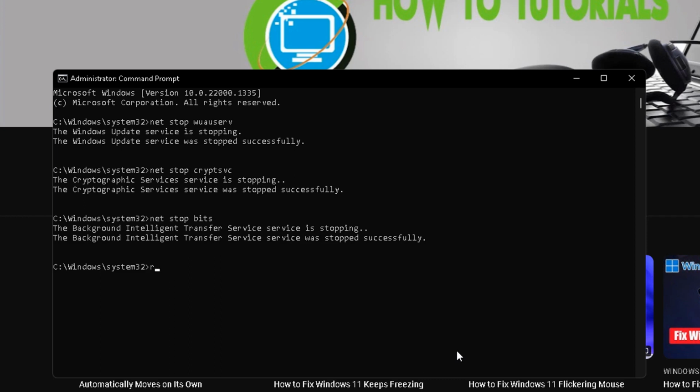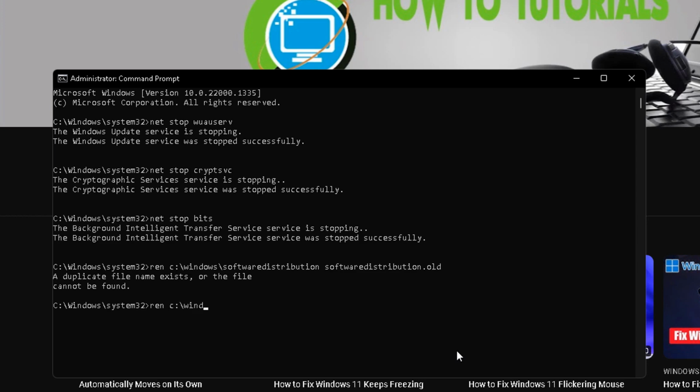After that, type the command ren space C colon backslash Windows backslash SoftwareDistribution space SoftwareDistribution.old and press enter. After that, type the command ren space C colon backslash Windows backslash System32 backslash catroot2 space catroot2.old